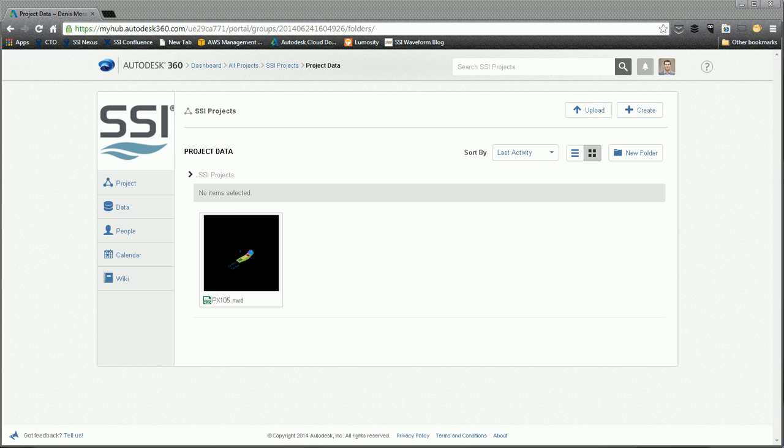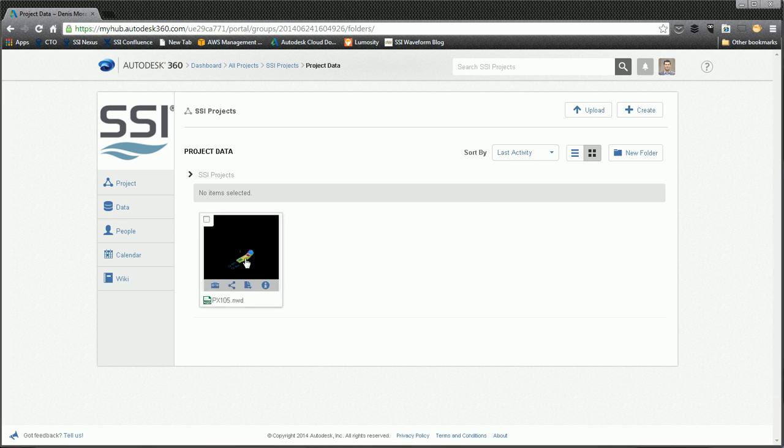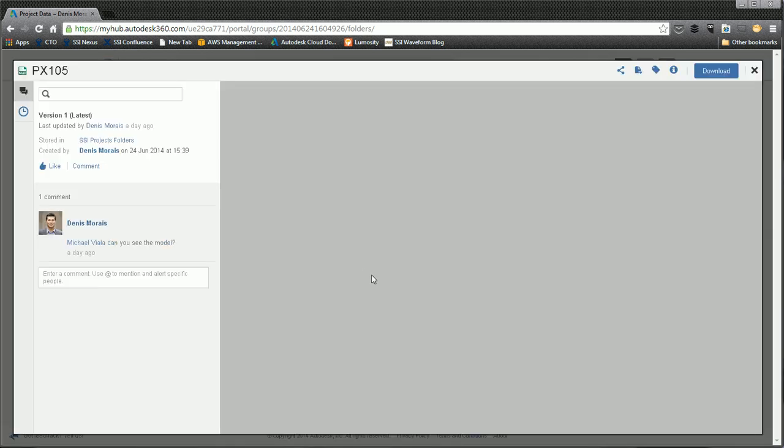So here's my dashboard for Autodesk 360 Technical Preview. I currently just have one project in there, which I got from a Navisworks file that I already had at hand, mainly to verify the performance I get with BIM 360 as well as the desktop version of Navisworks. So to open up the file, you just simply have to click on it and it will open up